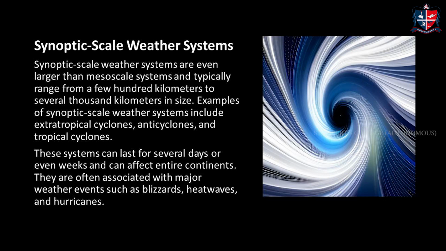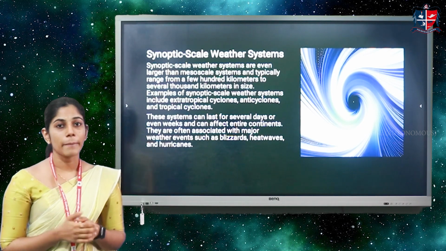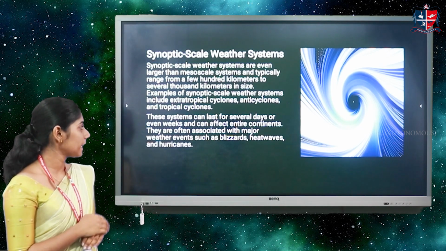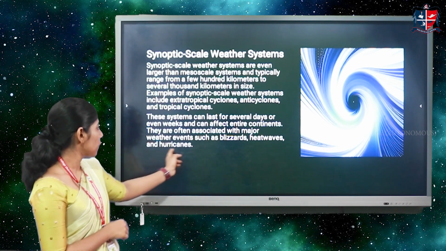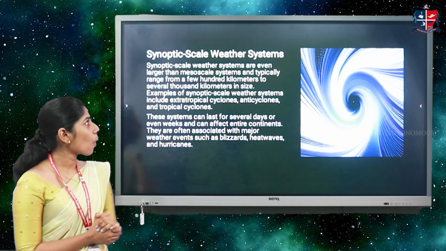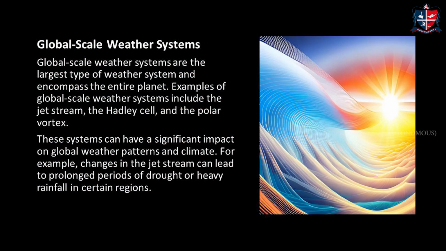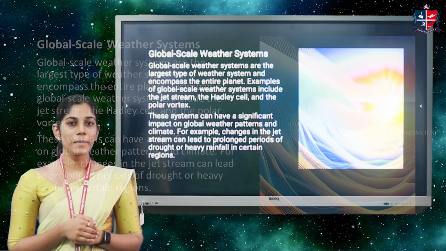This synoptic scale weather system lasts for several days or even weeks, and can affect the entire continent. They are often associated with major weather events such as blizzards, heat waves, and hurricanes. So this is the synoptic scale weather system, and the fourth or final classification of weather system is the